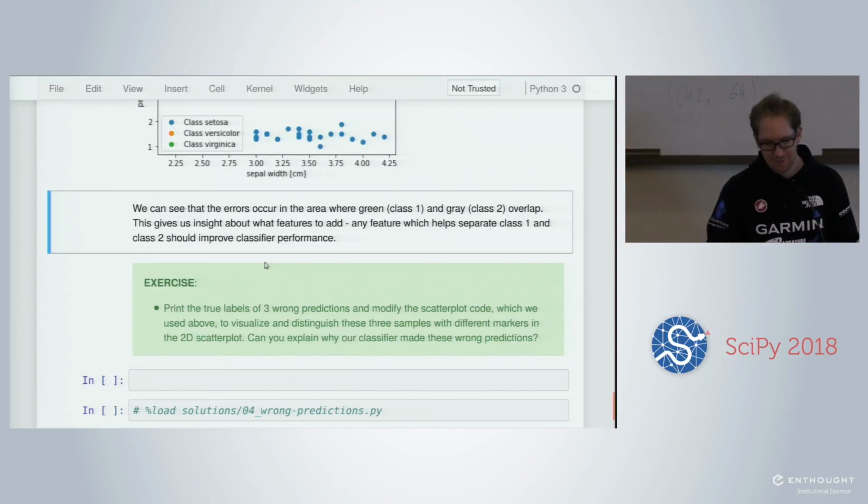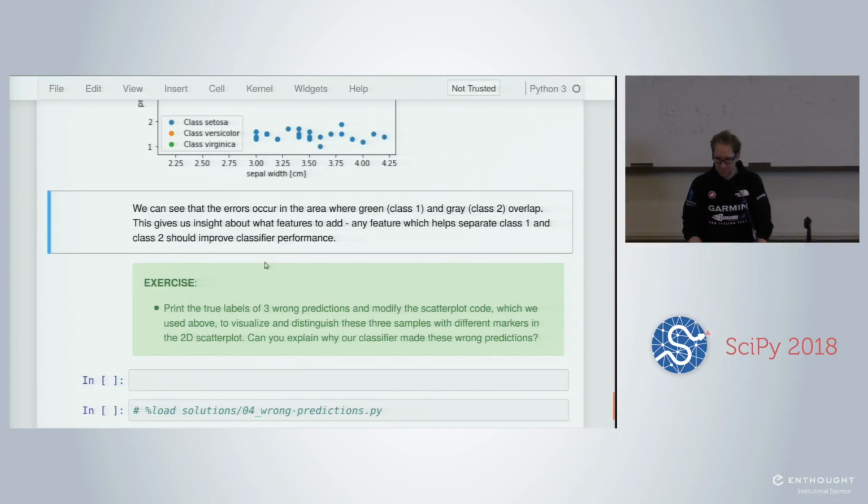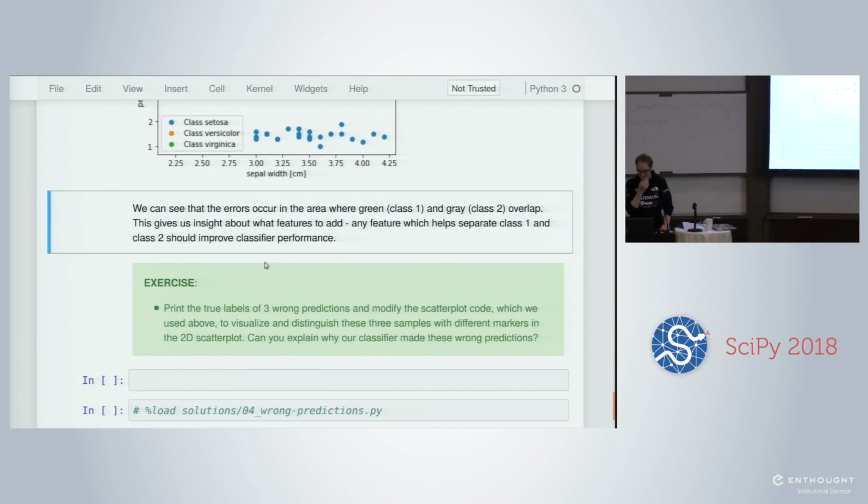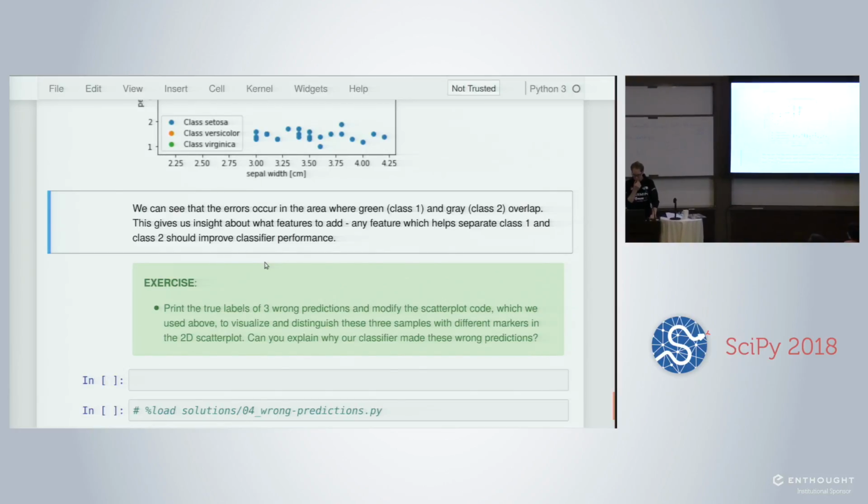So keep in mind that here we are doing a 2D representation of a 4-dimensional space. So it might be the case that the clusters are well separated in 4D, in high dimension. But when we project only on 2 axes, we have some overlap. But maybe in the full data set, it's not the case. Here, apparently, it's also the case, otherwise k-nearest neighbors would not make any mistake. Why is it 4D? It's 4D because we have sepal heights and widths and petal heights and widths in centimeters.